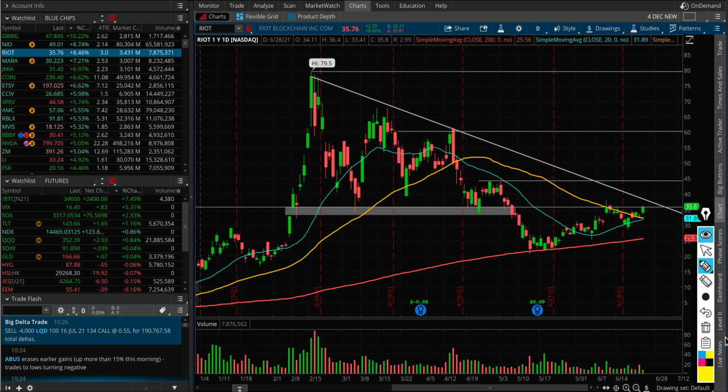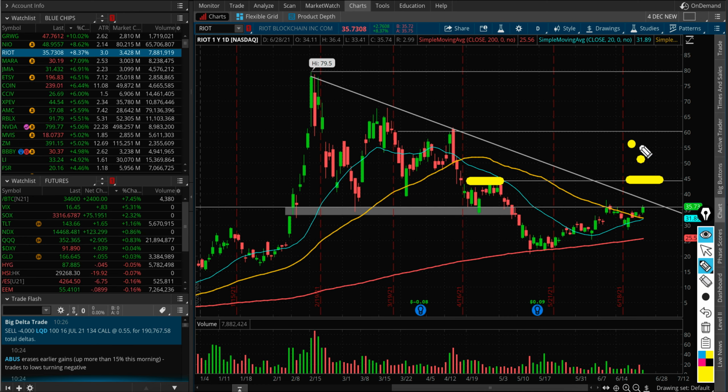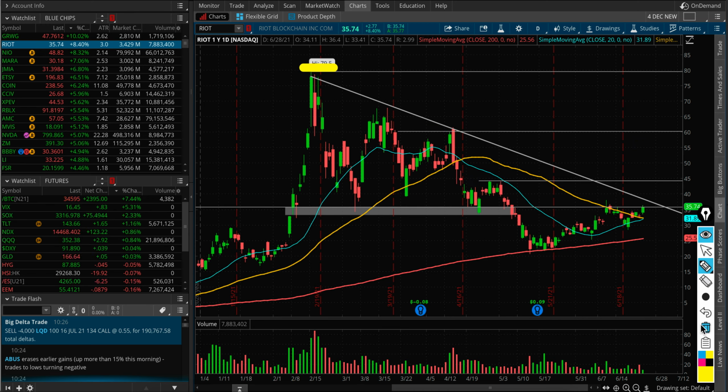This is a downtrend. If we get above that downtrend, then we can talk about a breakout, and possibly the stock can push towards 45. That's the next level of resistance right here. And then from there, we don't have much of a supply, maybe a little bit of a supply at 50, 55, and then 60 is the next level of resistance, and then we have all-time highs of almost $80 for this